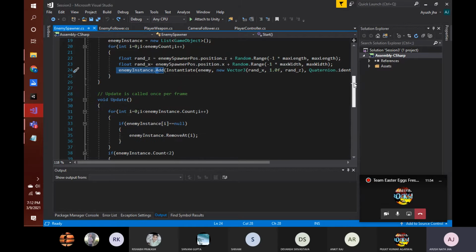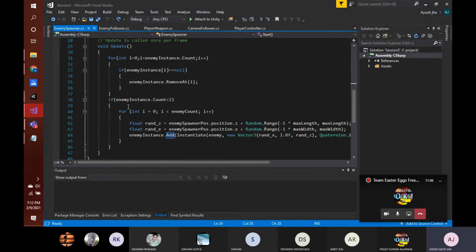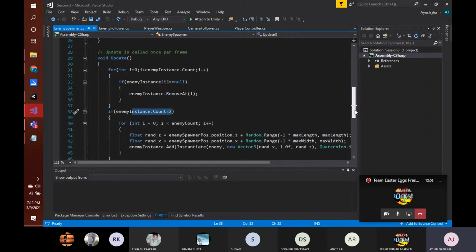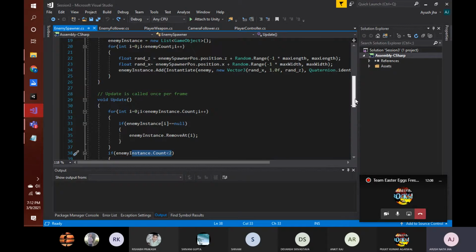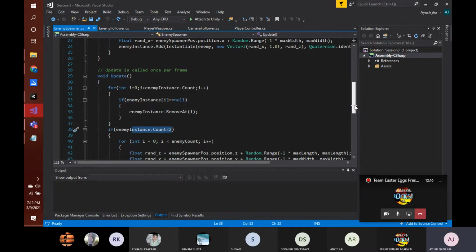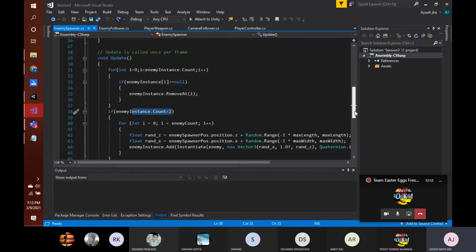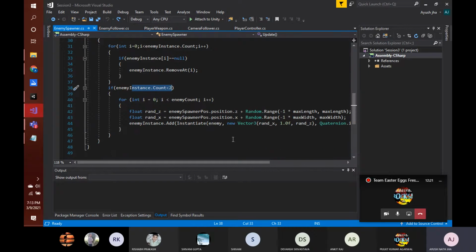Once this count goes below 2, we again run that complete cycle and spawn 5 new enemies. So in this way you get a loop, where the logic continues and the enemies are endlessly generated. So this was our basic approach, and I hope this was clear in the last session.